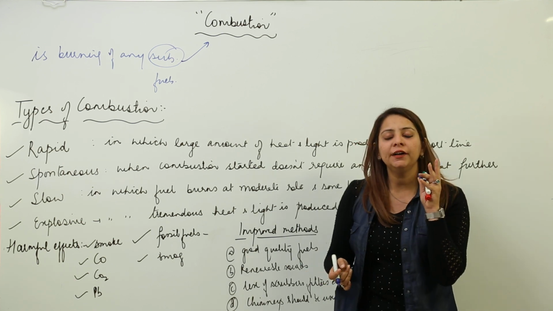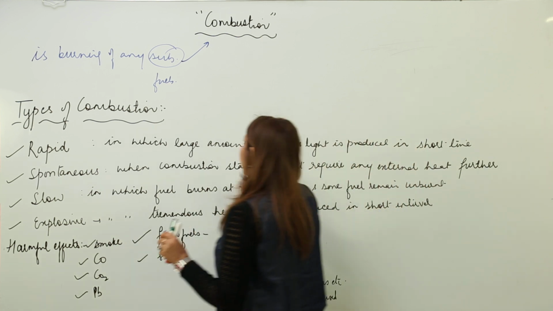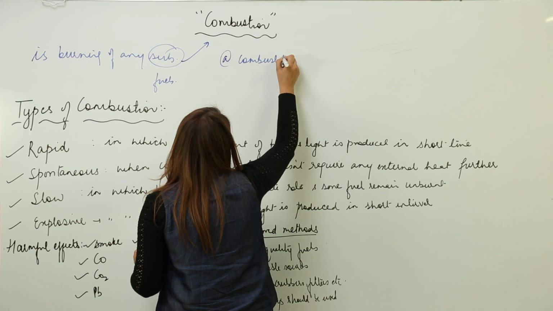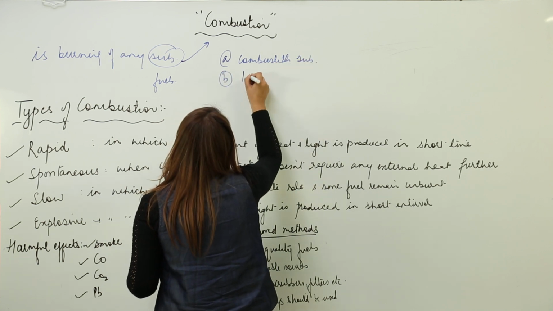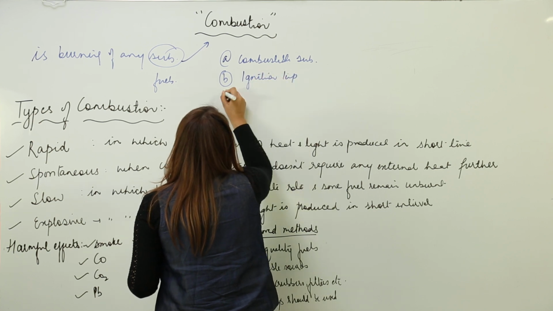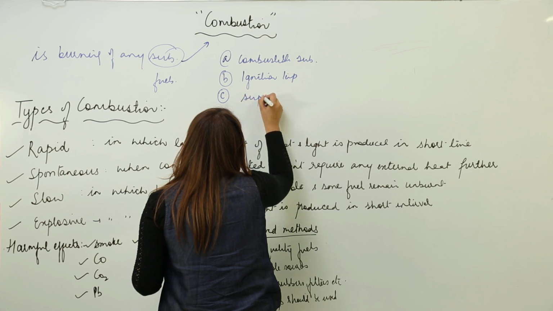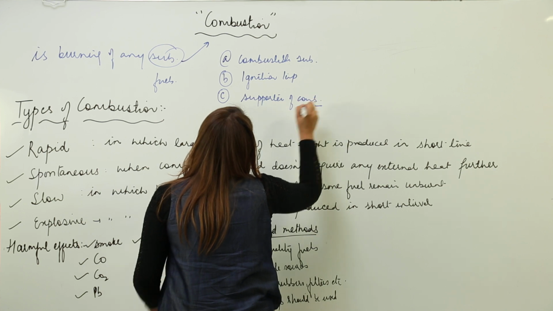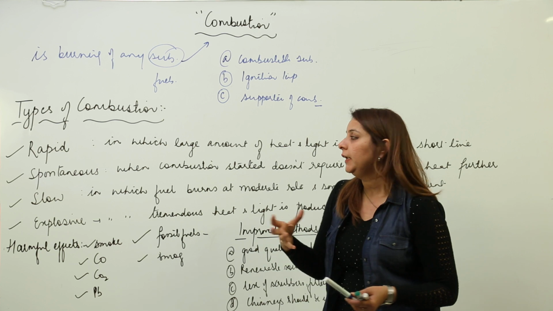Three conditions are required, like when we carry out combustion, three conditions are mandatory. One is the combustible substance. Second is the ignition temperature. And third is the supporter of combustion, that is the oxygen gas. So whenever you need to carry out combustion, that means whenever you need to burn anything, you need